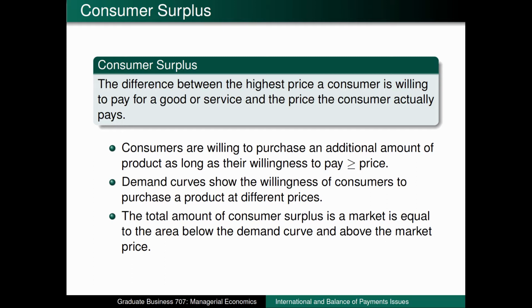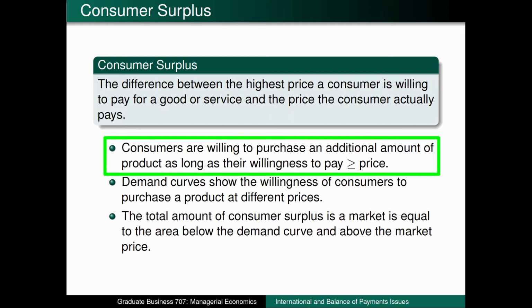So how can we use consumer surplus to say that free trade makes consumers better off? Whenever consumers consider buying something, economists assume that people have a maximum willingness to pay for that item. So let's suppose we are willing and able to spend up to $200 for a new winter jacket. We have that number in mind when we go to the mall or check out a website. If the price of the jacket is less than or equal to that willingness to pay, then we buy it. If the price is higher than our willingness to pay, then we don't buy it. So if the price of a jacket is $150, then we buy the jacket. But we don't buy the jacket if the price is $220.